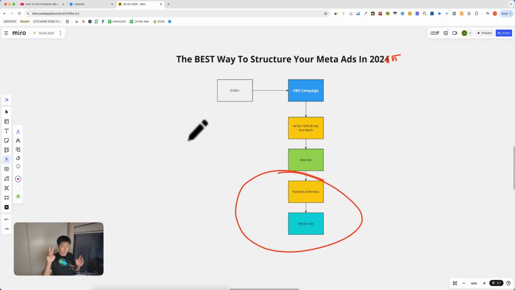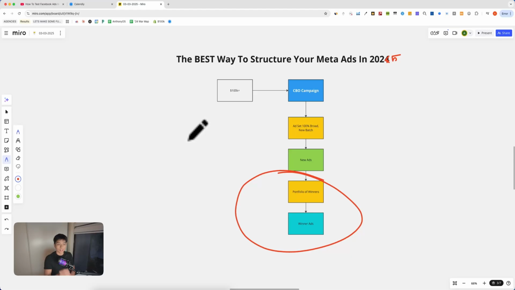That's the first thing. And then the second thing is that you have an ad set in there with proven winning ads. And ideally, these also have the post IDs as well. So you're copying all that social proof and engagement. And as long as you have a CBO campaign and you have one ad set that has your portfolio of winners and all of the ads that you're testing are thrown into the campaign as new ad sets,